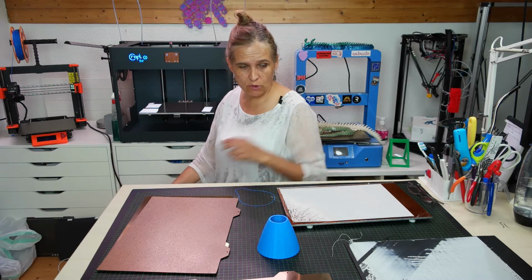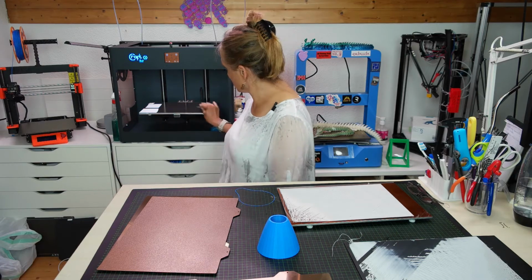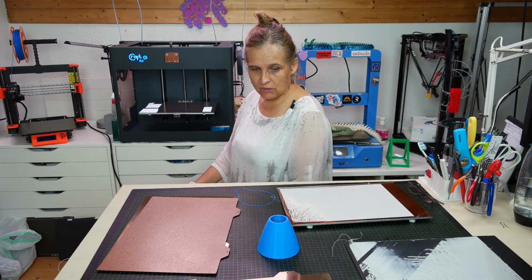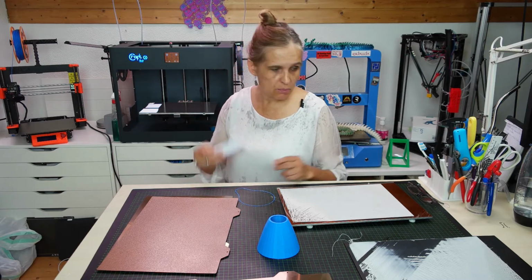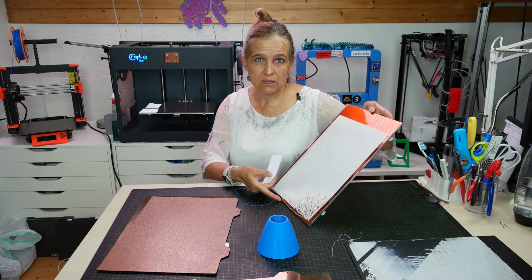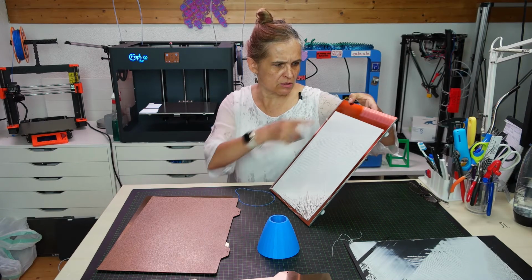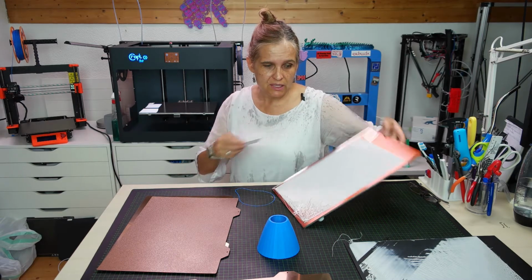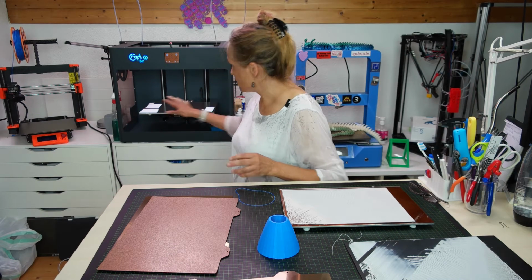quite nicely. So before you buy a bed, please try to put some paper underneath it a little bit, and then later maybe you could exchange the paper for Kapton tape, like this one here. So you buy a piece of Kapton tape, which is a little bit thicker. This one is a little bit thicker. I would have to measure it once I take it off, and then you can underline it to have an